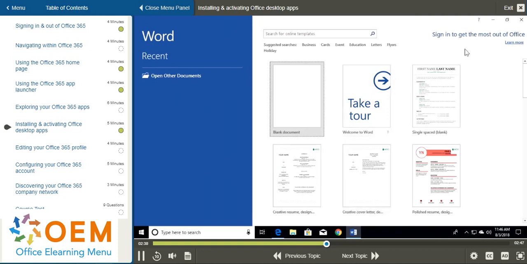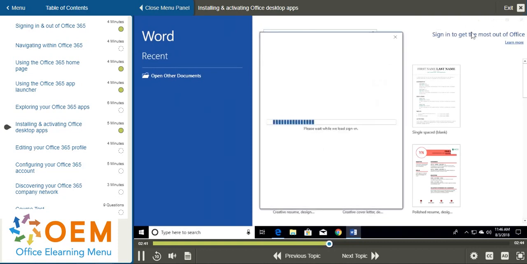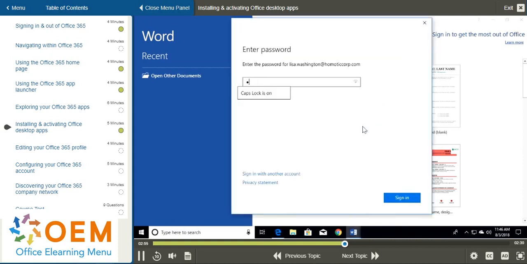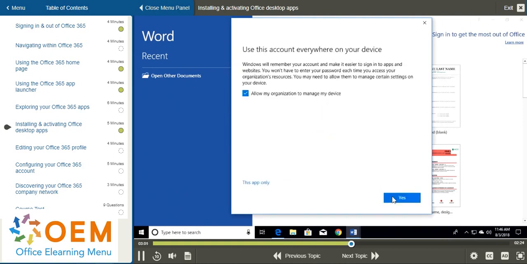So now it's telling me that I can sign in to get the most out of Office right here. So I'm going to put my email address. So it's the same email that I have associated with my Office 365 account. And it's just asking me if I want to use this account everywhere on my device. So I'm going to select